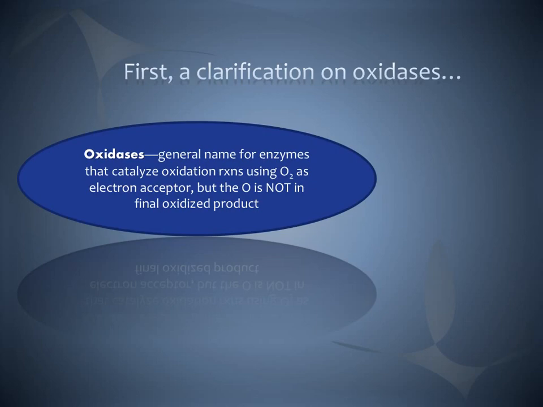But historically, there are a few, like Cytochrome C oxidase and Cytochrome C reductase that we saw last chapter, where they've kept their historical name of oxidase or reductase. So oxidases in general just means that they're going to do some type of oxidation reaction, and it utilizes oxygen, O2, like cytochrome C oxidase, but the oxygen's not in the final product. And I know that that's going to be easier to see what I mean by that whenever we look at